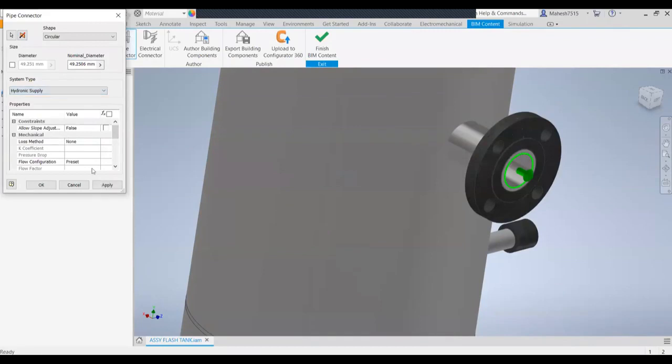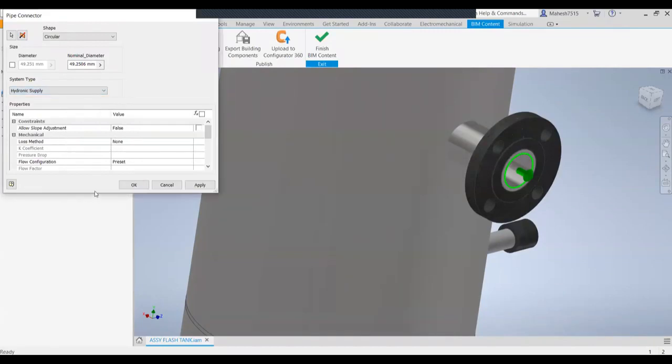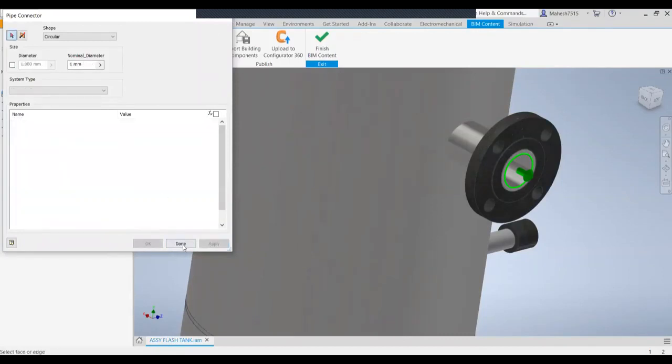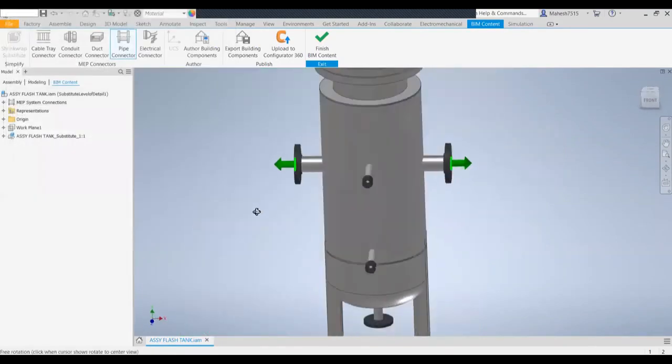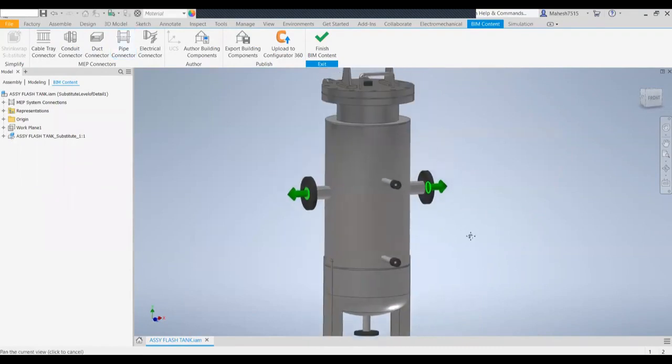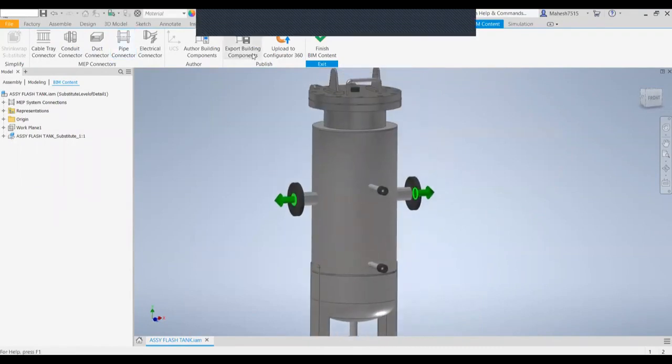In case you are going to add any properties for this particular equipment, we can also add those properties, which will be shown in Plant 3D. If I'm not going to do anything, say apply, done. Oh, both are in the same direction. Okay, no issues. Export building components.